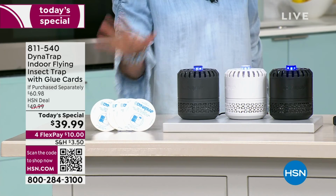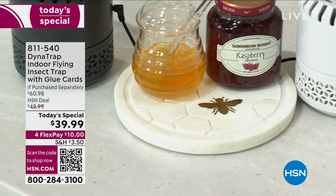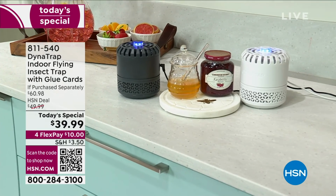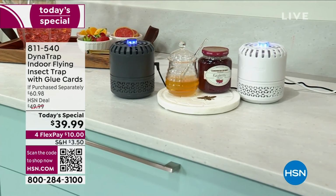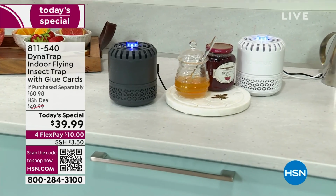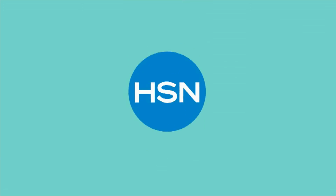So now, that's the inside. But what we have been selling for years that you guys absolutely love is the DynaTrap for the outside. There's so much to love about the DynaTrap, and what I love about it is the fact that they not only bring us a system that works, I mean it works, but on top of a system that works, what they also bring us is something